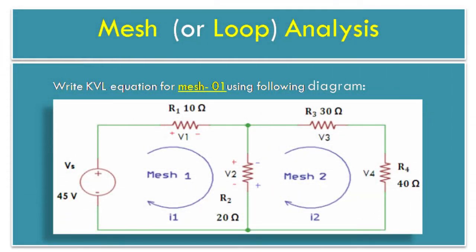Now refer to the given data and write the KVL equation for mesh 1. Before that, let's see the diagram. Current I1 passes through resistors R1 and R2 in clockwise direction, which produces potentials V1 and V2 across resistors R1 and R2. And current I2 also passes through resistor R2 in clockwise direction, producing potential V2 across resistor R2. Now mark the voltage polarities as per current entering into the resistors, either plus or minus.